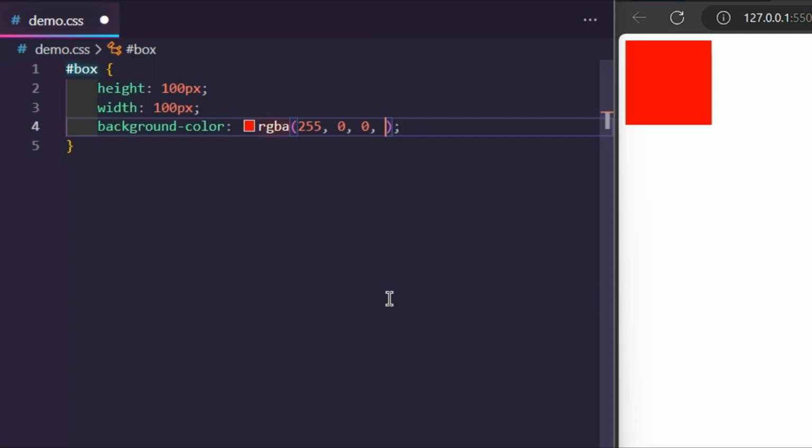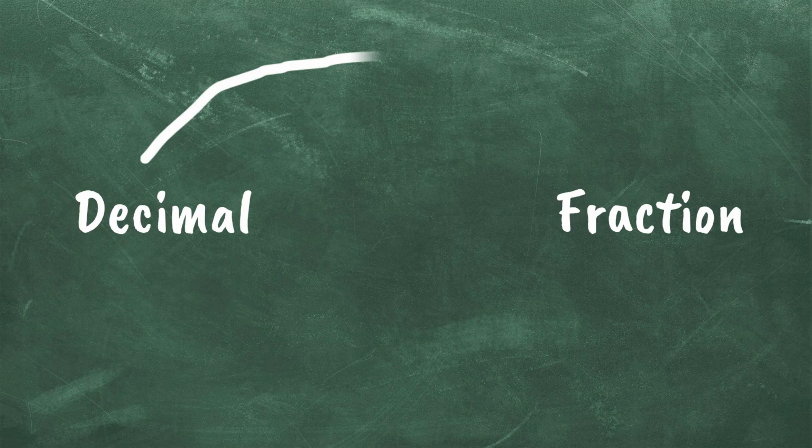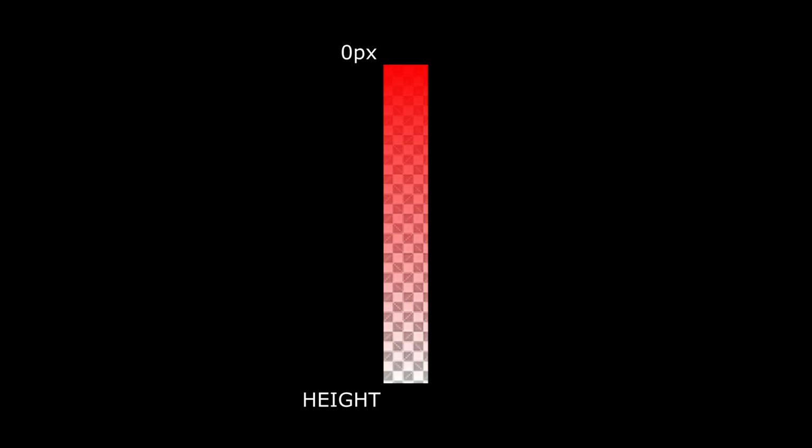You see, in CSS, one way to change the opacity of a color is to provide a decimal number between 0 and 1 to the RGBA function, which is the format my color picker uses under the hood. A decimal can be converted to a fraction and vice versa. The latter is what's important. It meant that I can get the opacity by converting a fraction of the alpha channel's height into decimal form. Basically, I had to find how far down the vertical slider is relative to the alpha channel's height and use the resulting fraction to get the opacity.